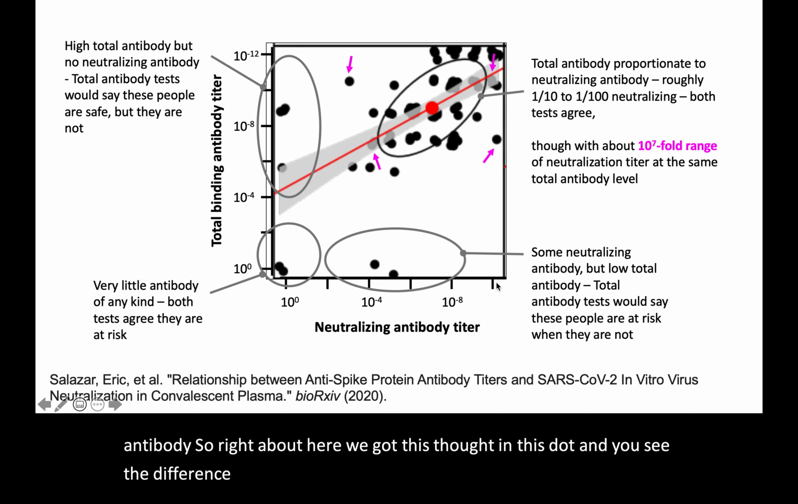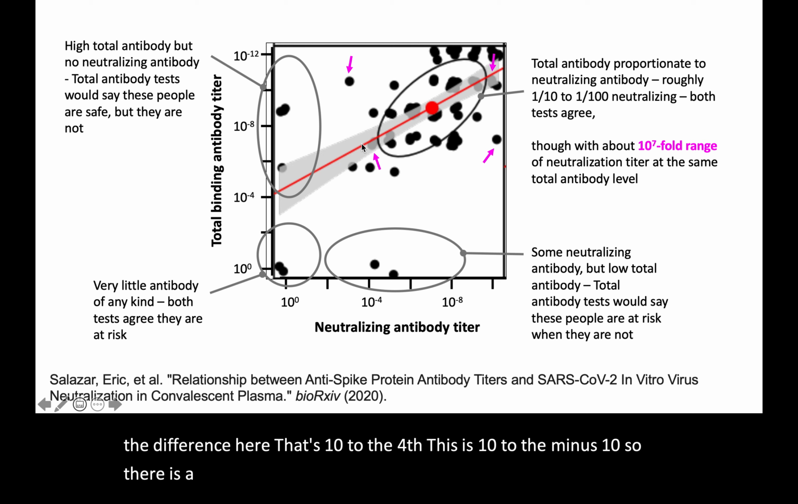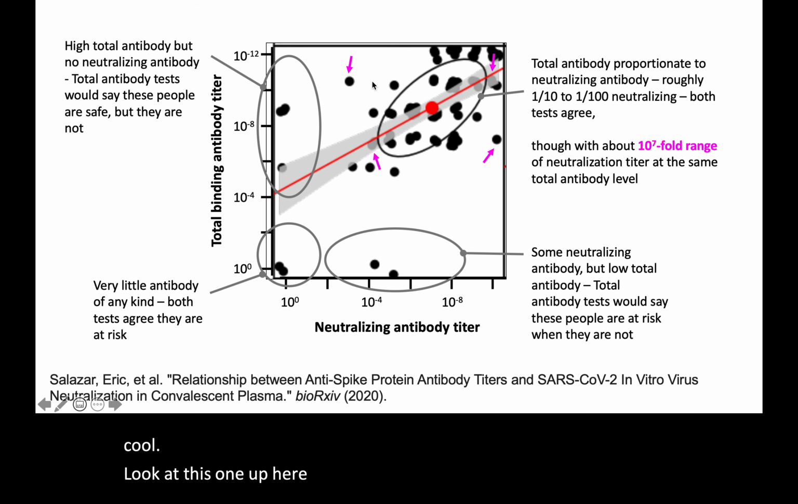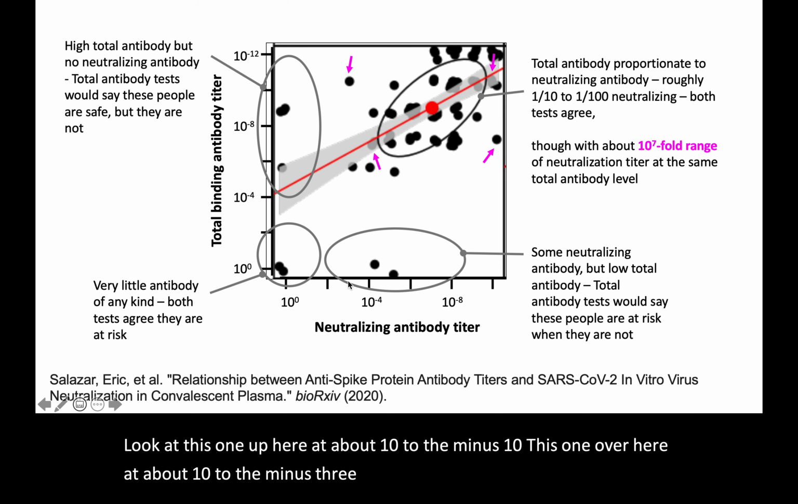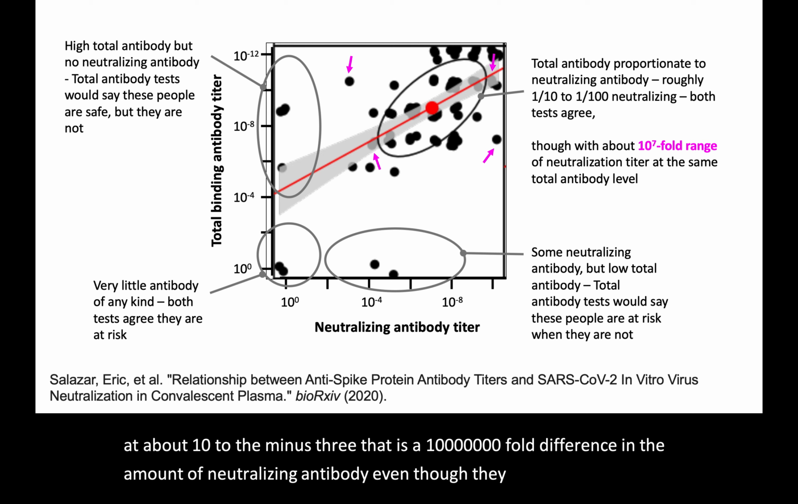That's 10 to the fourth. This is 10 to the minus 10. So there's a million-fold difference between these 2 points, and super cool, look at this one up here at about 10 to the minus 10. This one over here at about 10 to the minus 3. That is a 10 million-fold difference in the amount of neutralizing antibody, even though they have the same total antibody